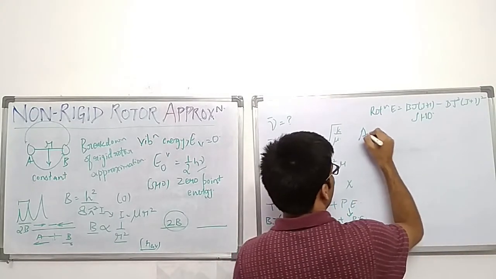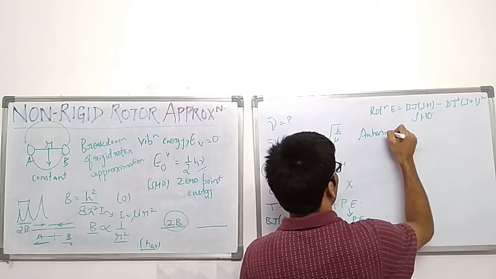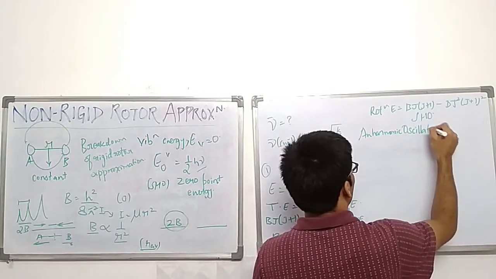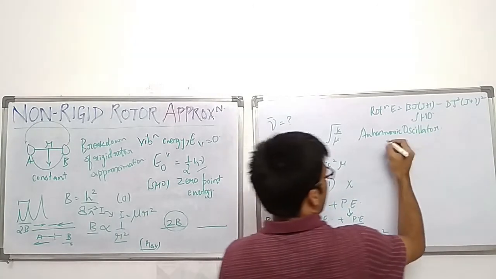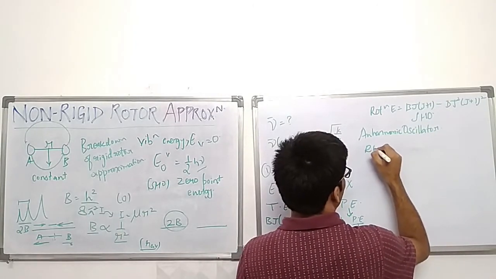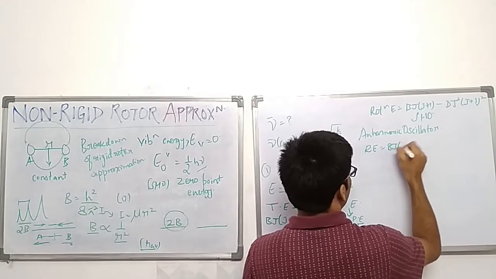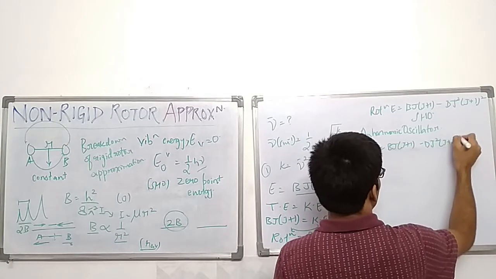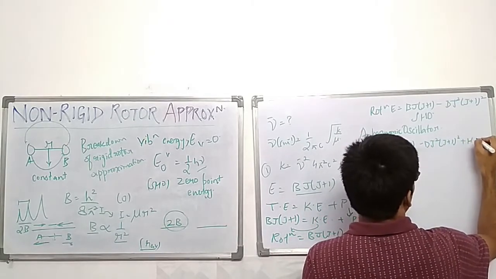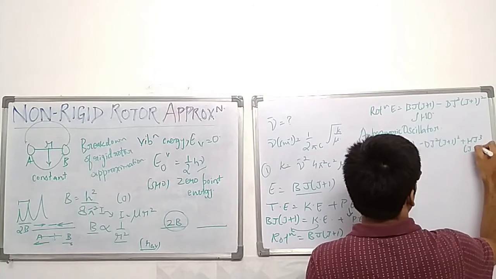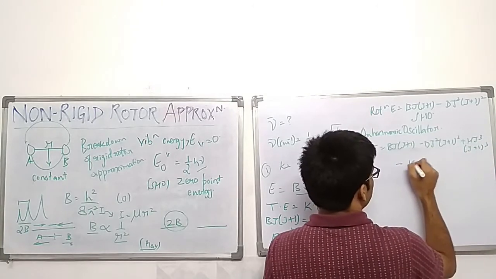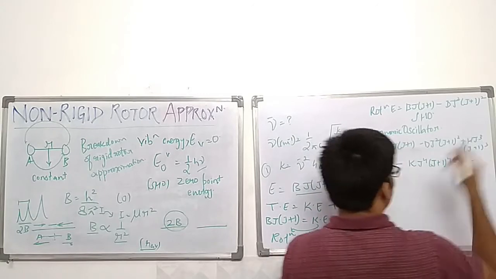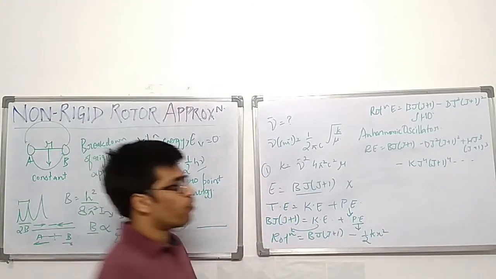Now if this is an anharmonic oscillator, then I would get BJ(J+1) minus D J square (J+1) square plus H J cube (J+1) cube minus K J to the power 4 (J+1) to the power 4, and it goes on increasing with more